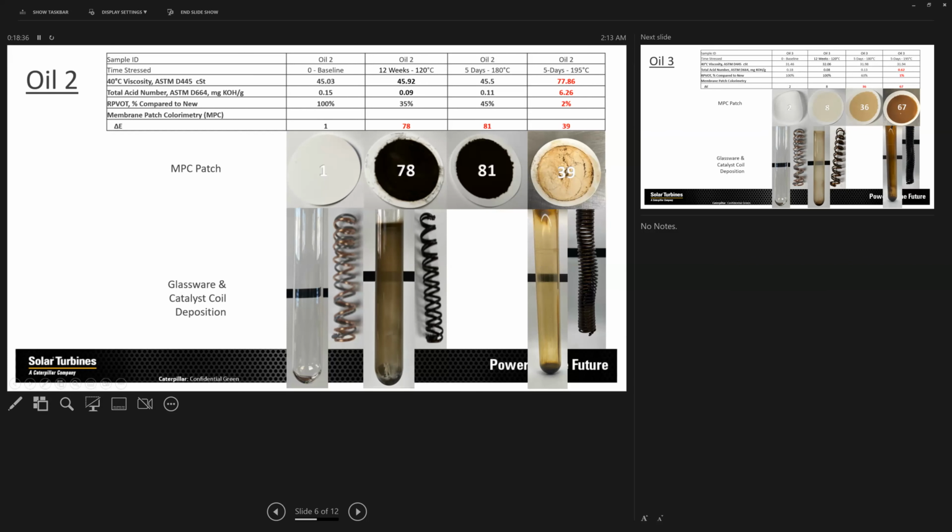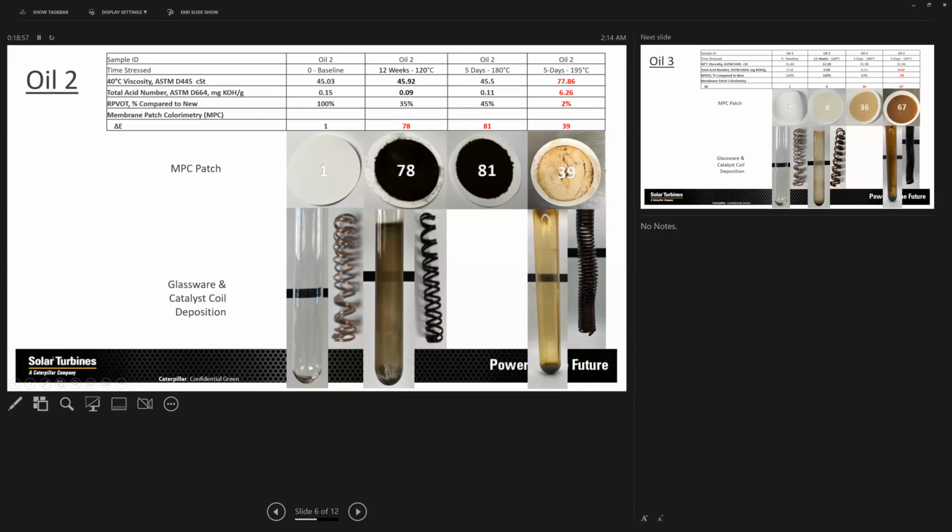A similar result is seen for the 180 degrees Celsius test, where the MPC is, I would say, very similar to the previous test. And then something curious happens at the higher temperature test, 195. This is where we see not only the MPC and the RPVOT dropping, but the other parameters are now starting